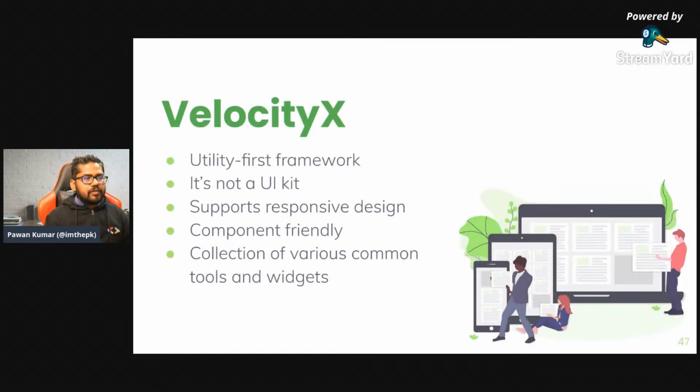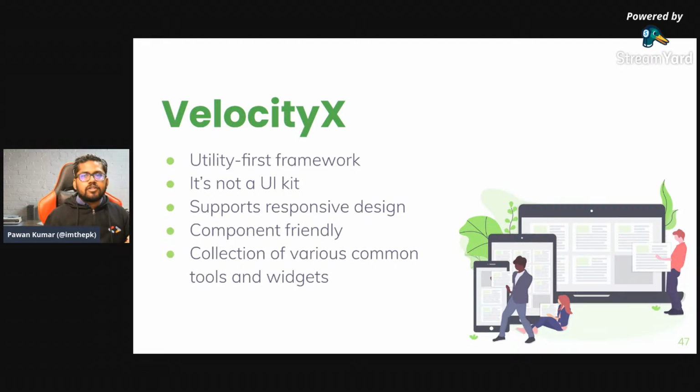So what Velocity X offers is a utility-first framework, which means it provides you a lot of utilities. It's not just a design framework where the components are pre-made. Otherwise it does not give you components; it just tries to give you a better way to ease your work.